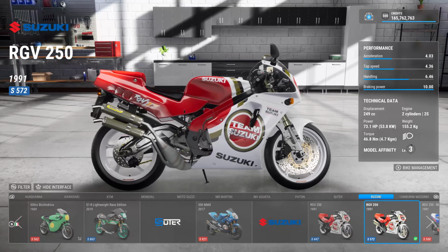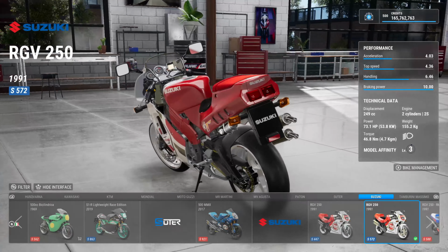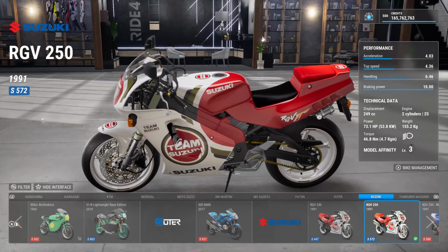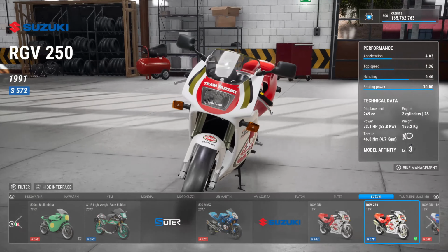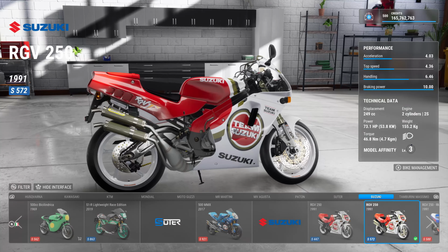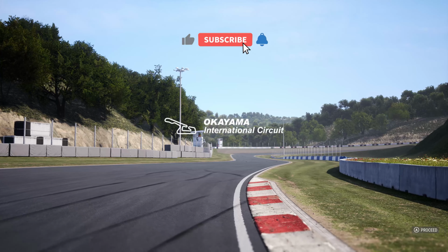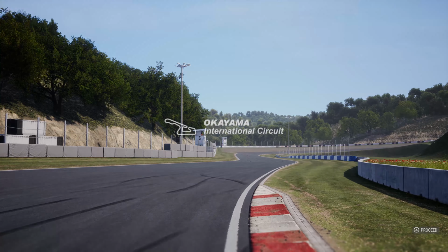Tuned up, we get some lovely Arrow spannies, 73 horsepower and 155 kilos, so that's a little bit more powerful than an ER6 with about 3 kilotons less weight. So yeah, it's a typical two-stroke 250, as in it loves corners, it's not particularly fast down the straights, but if